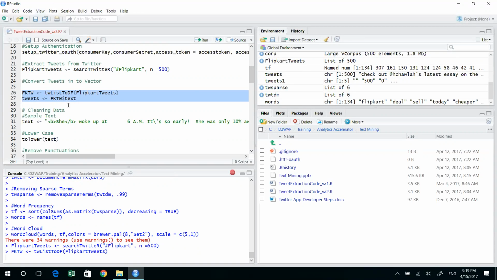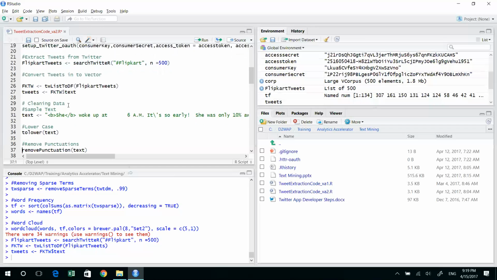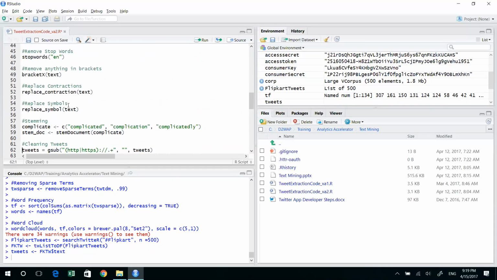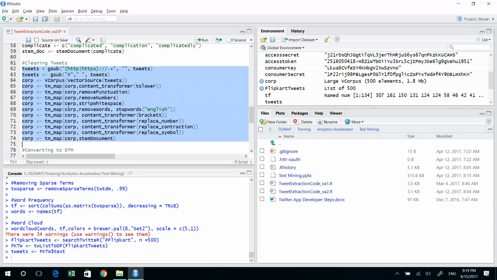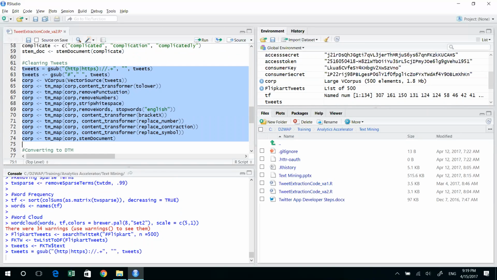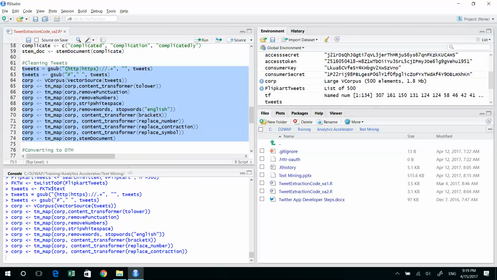So the processing on the data is done, and then I'll probably clean the data a little, because I think a lot of you must have noticed that while we tweet, we put a lot of web addresses, a lot of hashtags, a lot of at-the-rates. So it's important to clean all those up, because if you see all those coming into your word cloud, which you'll see shortly, you'll probably not be able to make a lot of sense out of it. That's why it is important to clean all that crap out. And once I have done that,